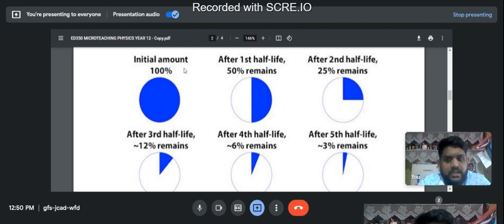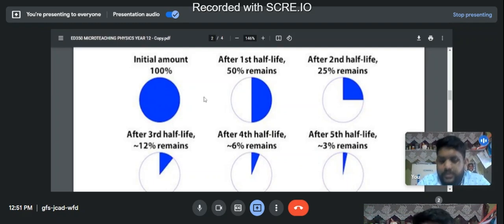Now if I say the initial amount, to come to 50% of the initial amount, that means after one half-life, it takes about 3 days. The 3 days will also be taken from 50% to 25% remaining, and likewise from 25 to 12.5, and so forth. The time taken, or the half-life, will be constant all throughout.